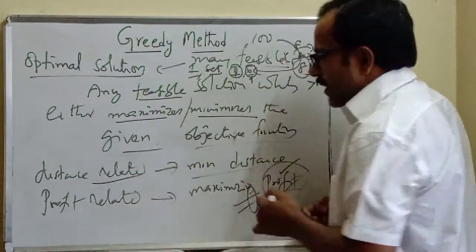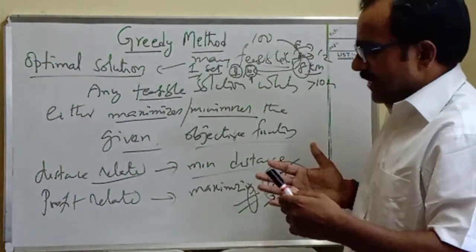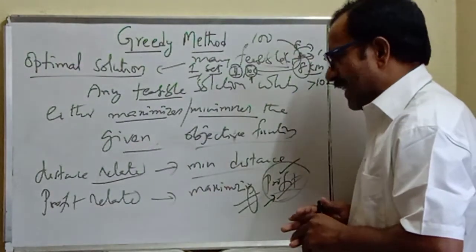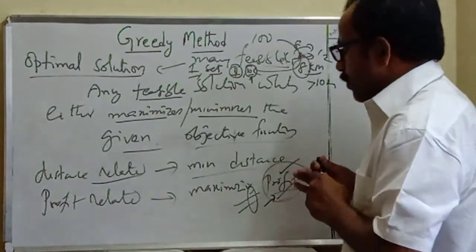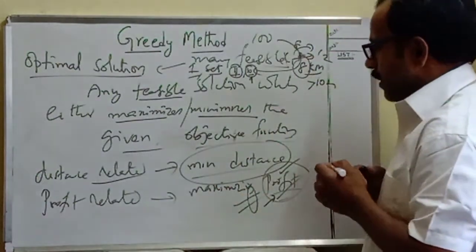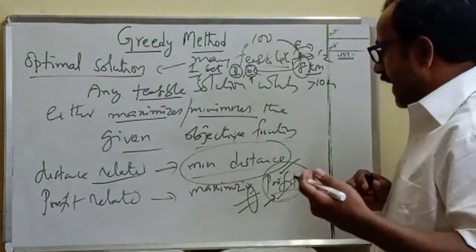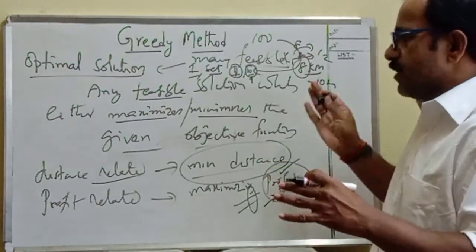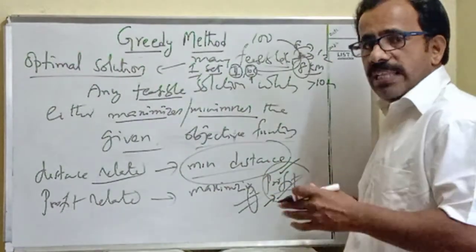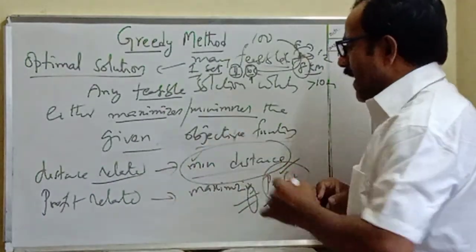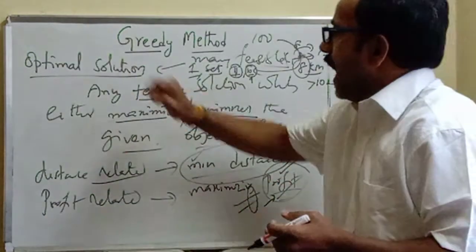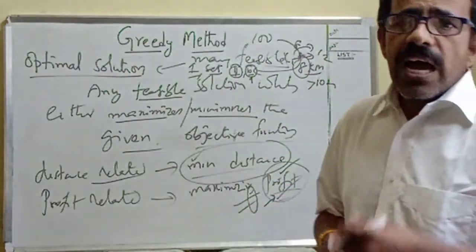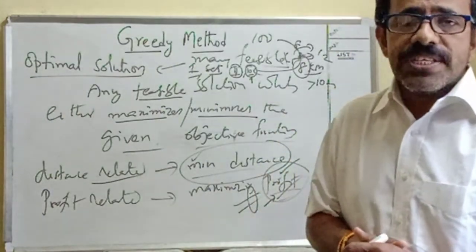What about distance related solutions? Generally, here we are constructing the optimal path between two given cities. There are so many possible paths between two cities, but out of all these possible paths, we are supposed to select the minimum distance path. Of course, sometimes we may get equal distance paths, more than one equal distance path may be possible, and that particular distance is smaller than all the remaining paths' distances. So in that case, we may get a set of feasible solutions as optimal. So for optimal solutions, we may get either one feasible solution as optimal, or we may select a set of feasible solutions as optimal solutions.